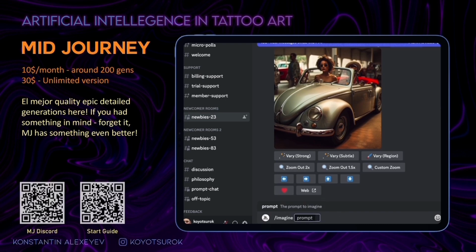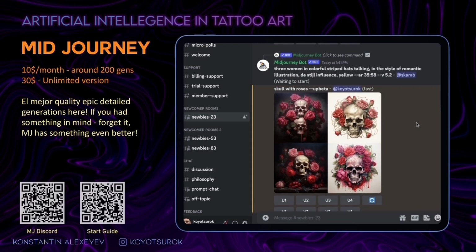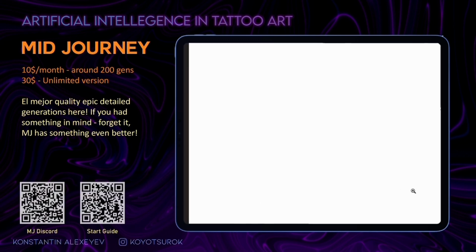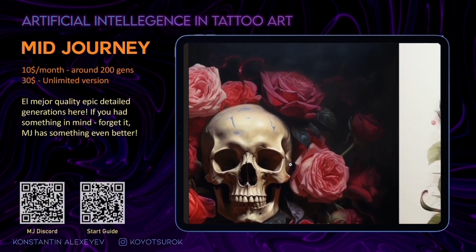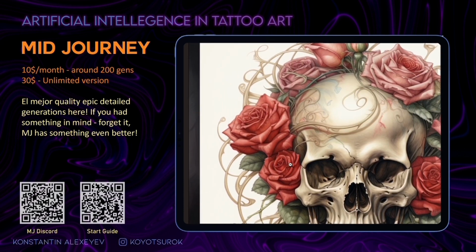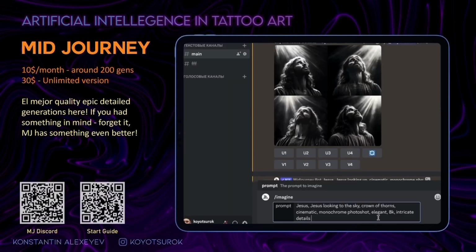Here for our prompt, let's try something simple like skull and roses. You can see it in different styles here, and it looks pretty similar in each option. You can change styles or some parameters by using special tokens, and there is also a setting command that can give you more control. Let me show you some more interesting techniques here.